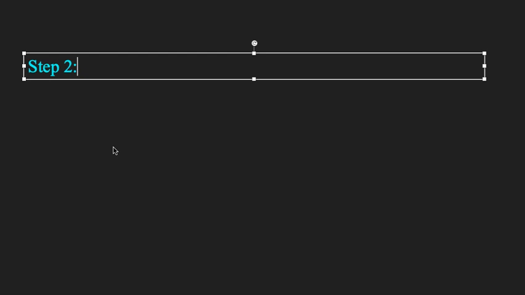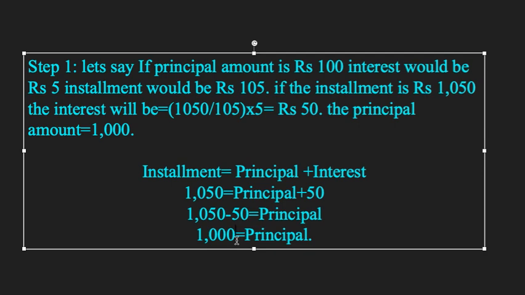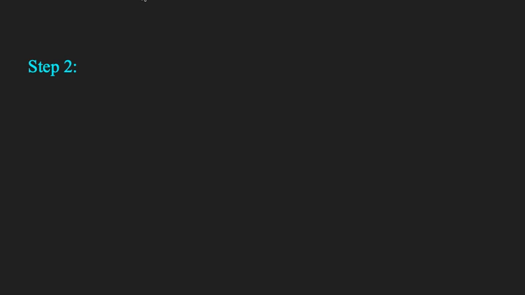The amount of 1000 rupees which we just calculated as outstanding as on 31st/12/2016, and the second installment paid on that day will be the gross amount, that is 2100 rupees. Now you see here we have calculated only this amount, which is that 1000. This is the outstanding balance as on 31st/12/2016, and the second installment which is paid on that day. What is the second installment which is paid on that day? It is what? 1100. Am I right?